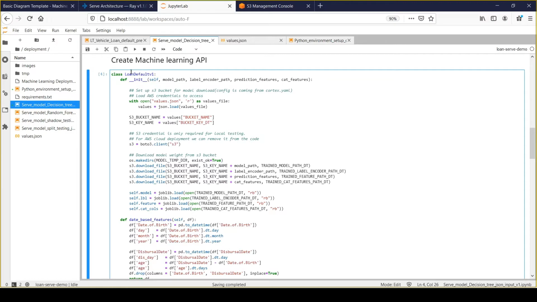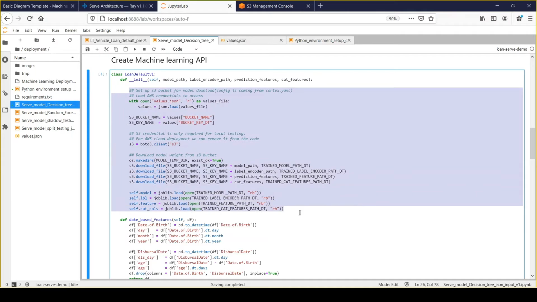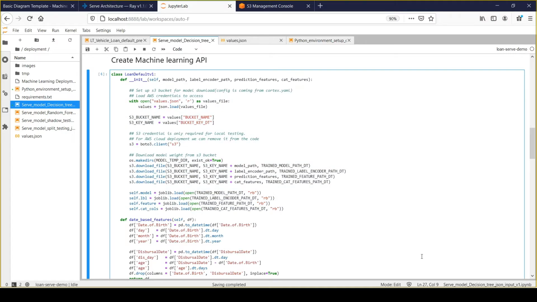So whenever my lone default API is initiated, all the model artifacts would be loaded in memory, and for any further request, it will not perform this download activity, and it will take my model artifacts from memory and perform the prediction. And that's what we are doing here. We are simply reading the model artifacts from the downloaded copy which we have downloaded locally within our system.